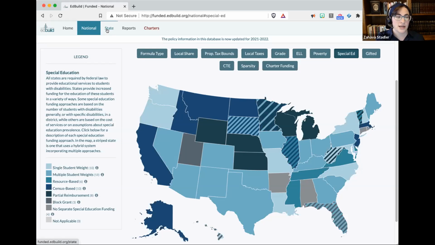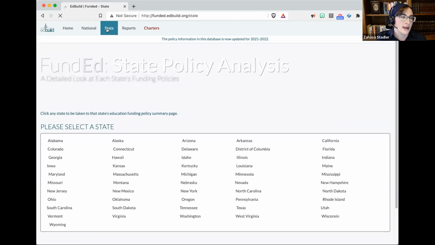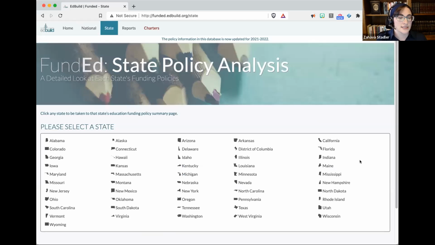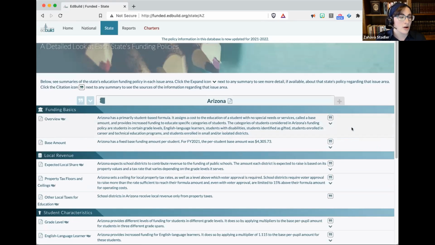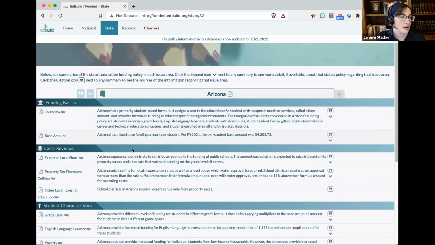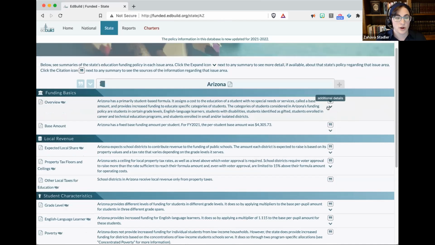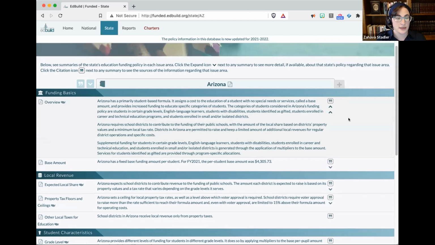Right at the top here, you see next to national, there is a state tab. I'm going there. And as it's loading, you can see that there is a list of all the states, and most of you will have a specific coverage area that is of interest to you. So let's say you are from Arizona. You can pull up an individual state page, and all of the things that you just saw buttons for above the map will be a section on this summary page where, written out in sentences, you get a description of the state's policy. This is the short form displayed by default, but you can also click the little arrow on the right to fully expand it.